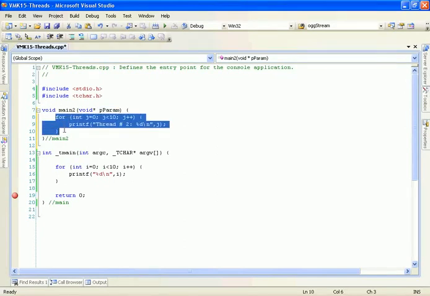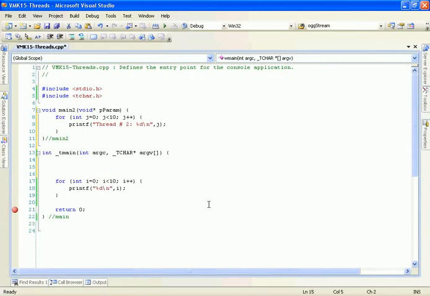Inside here I have a for loop. Again, it's looping through from 0 to 10, and this time I'm printing thread number 2, and then it's going to show the number. Obviously, if I were just to call this function up here,